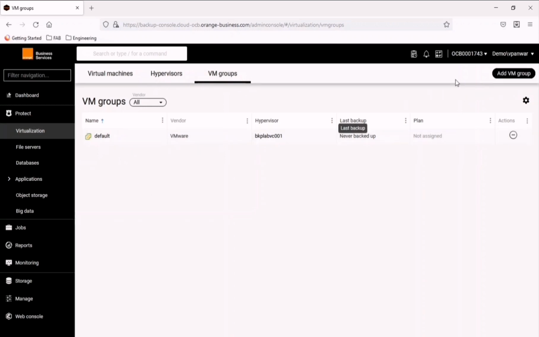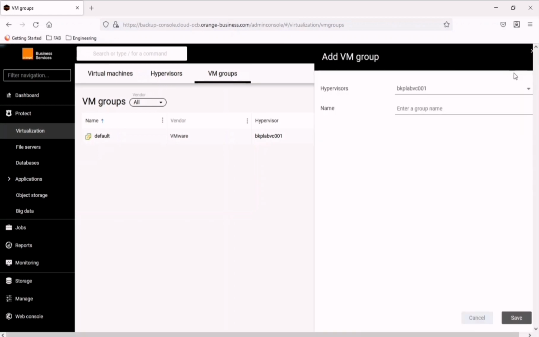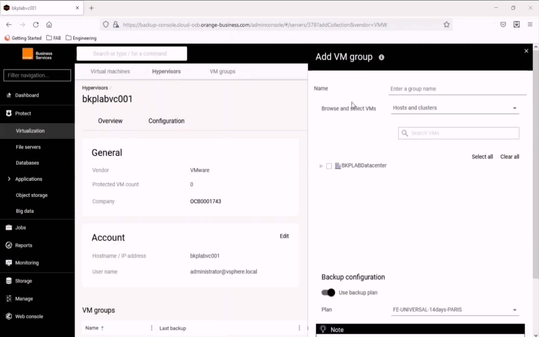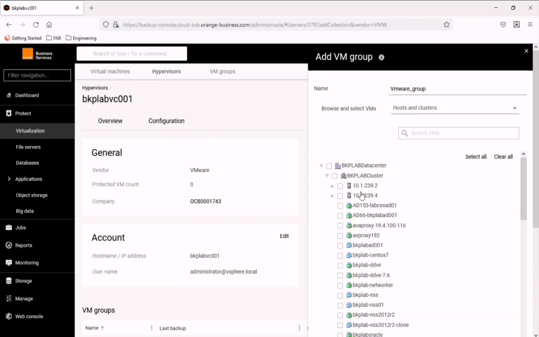So it's always recommended to configure a separate group. So right now, on the add VM group window, name the group and select whatever VM you would like to back up.